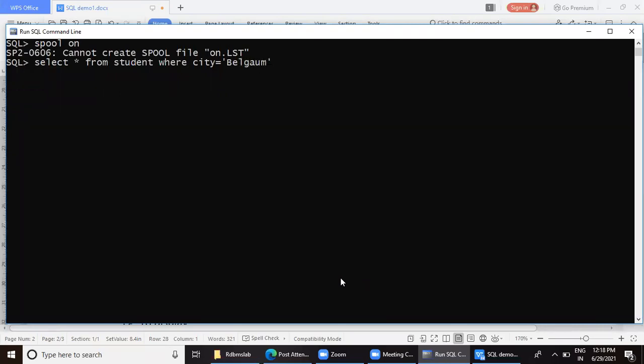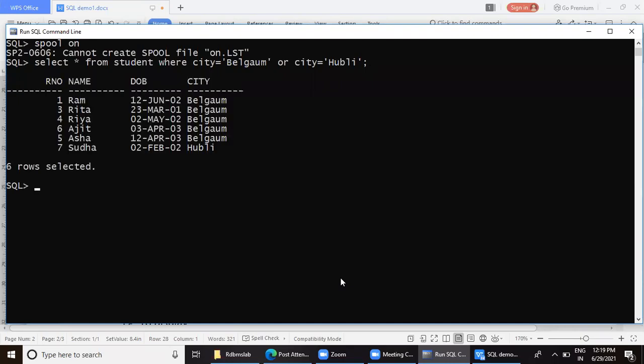Belgaum or, see, this is how I use. I can't say where city equal to Belgaum or Hubli. I have to again give the criteria: or city equals Hubli. I can't directly say Belgaum or Hubli, so we have to specify like this.